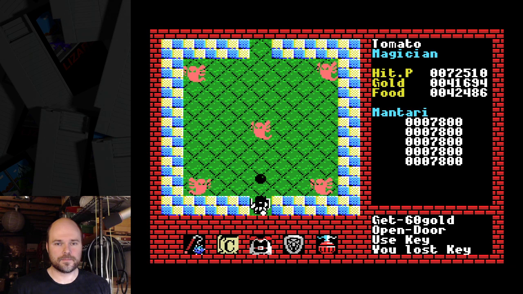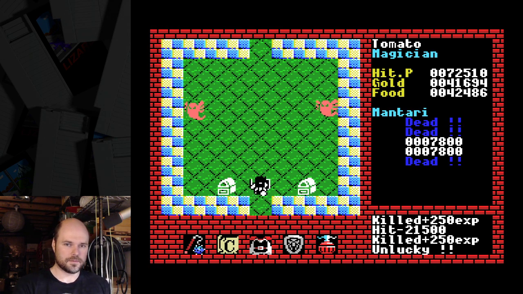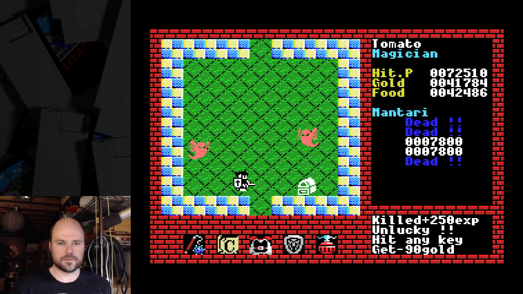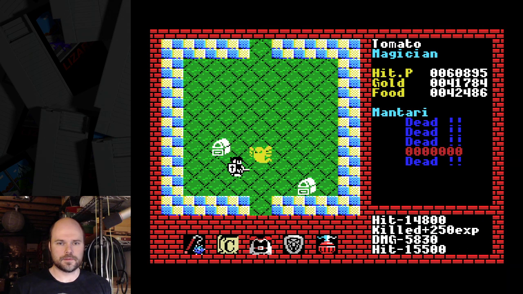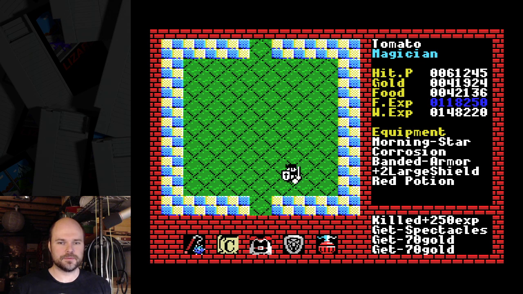What are we getting? 90 gold? So they might be carrying something good. Oh, it's just spectacles. They can be useful, but...